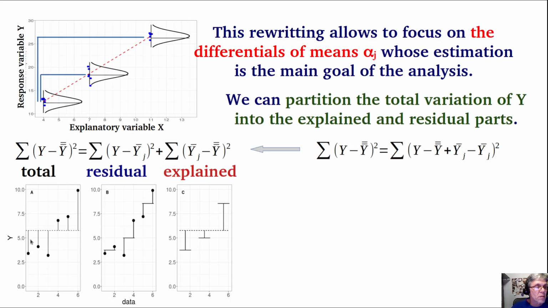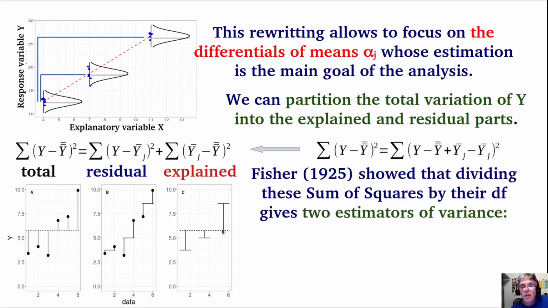So here we have the total variation, depicting 6 hypothetical points, showing the difference between each point and the global mean, y bar bar. Here we have the difference between each point and its group mean for each of the 3 hypothetical groups, and here we have the difference between each group mean, depicted as the horizontal lines, and the global mean, depicted as a dashed line. Fisher showed that by dividing these sums of squares